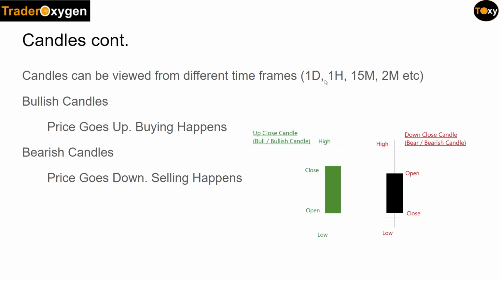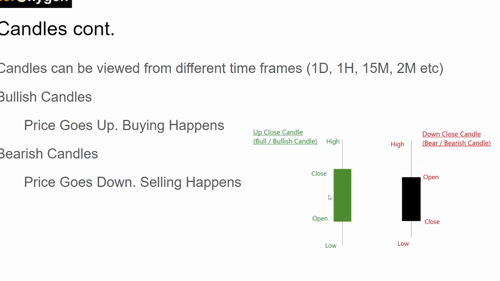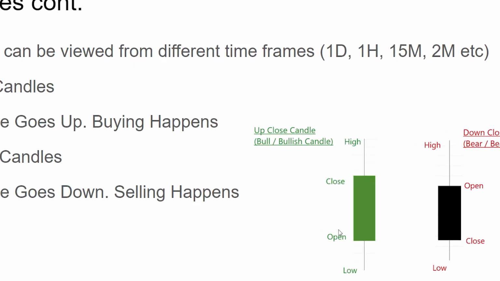So it can be daily, 1 hour, 15 minute or any time frame of your choice. It depends on what you choose when you trade. Okay, so then the bearish candles, the down close candles, also can be viewed in different ways. So if it's a daily candle, then that means in that day the price has opened and closed down. Within that it has gone high and come to the low and close. Then again, if it's a daily candle, up close meaning the price has opened and within the day the price